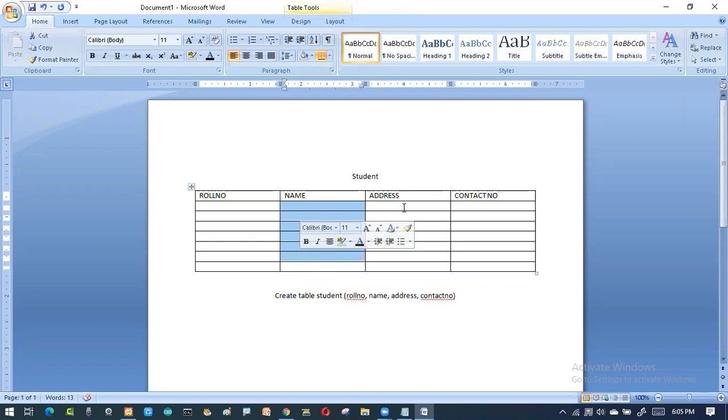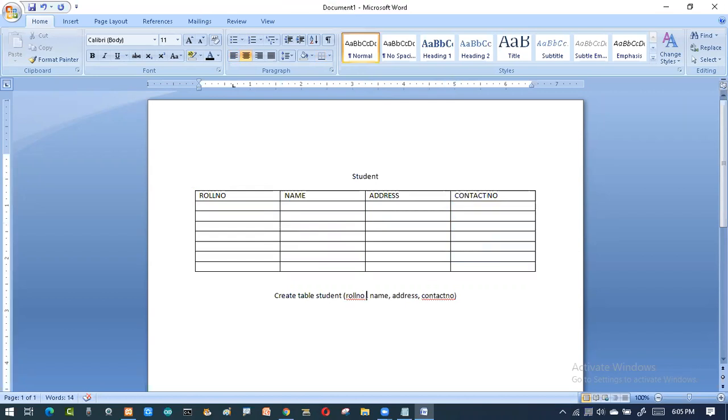When I say address, it is going to store alphanumeric characters, that is letters, numbers, hyphens, dashes, slashes, like this. So address will have alphanumeric characters. Then contact number is again a number. That means each has a data type. So here we have to specify the data type of the roll number, say I want integer.